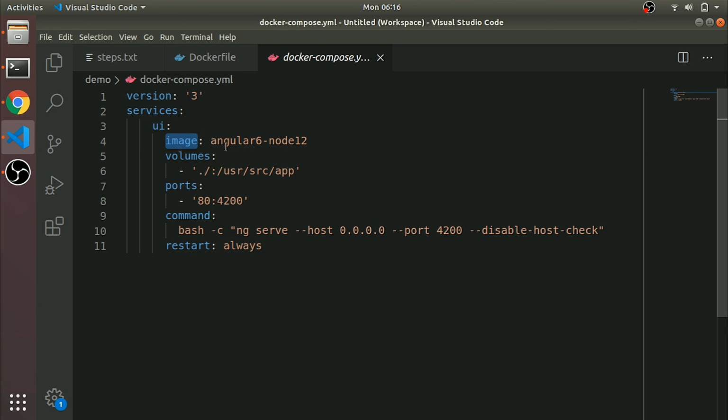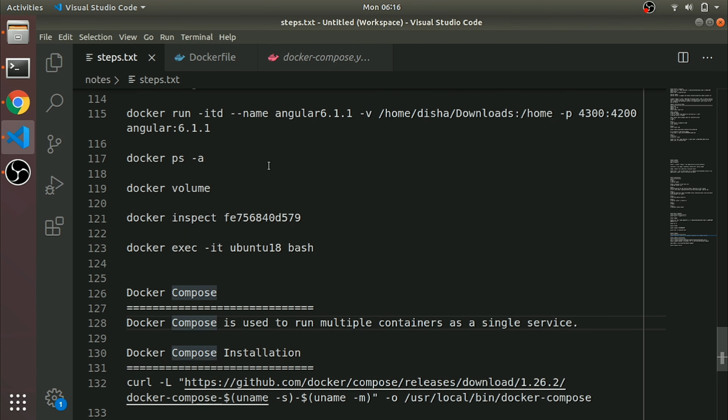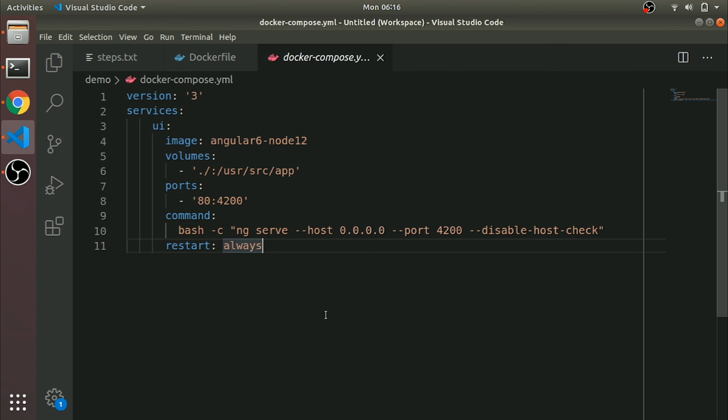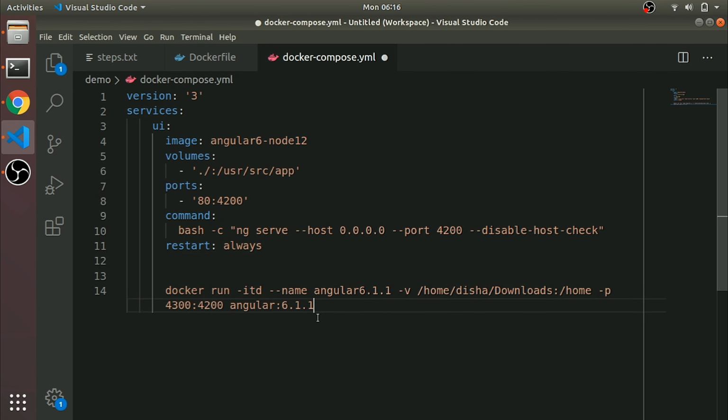This is the image, we are using the Angular Node image. I'll just copy and paste this command in this file for easier reference. This is the image name, and I have changed it to Angular 6 Node 12. So we can replace it like this. This is the container name, so we can give a container name here also.